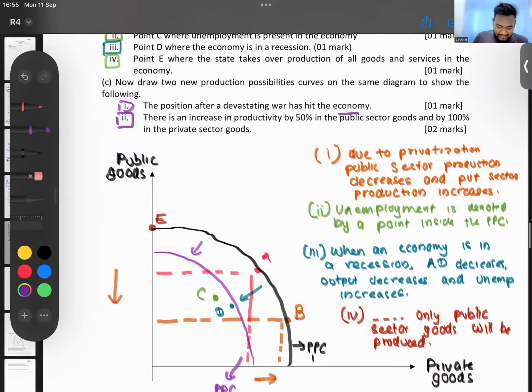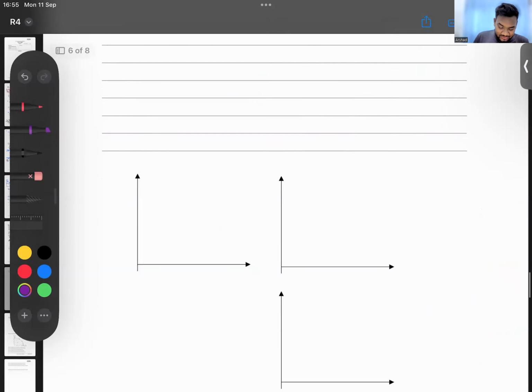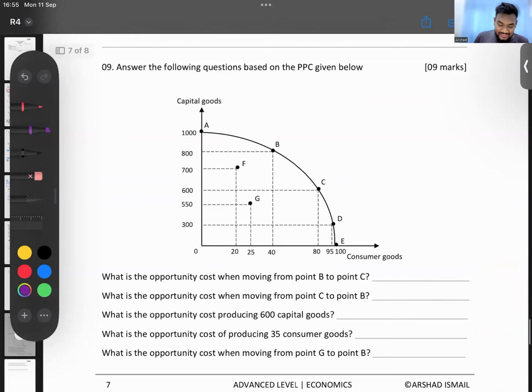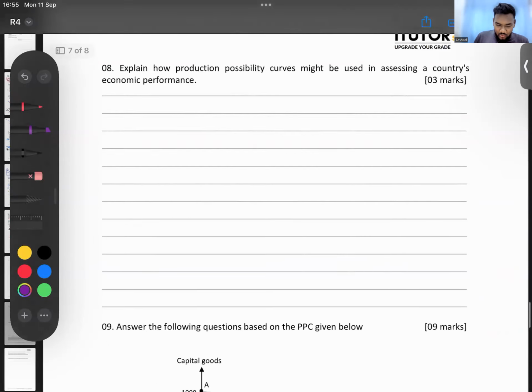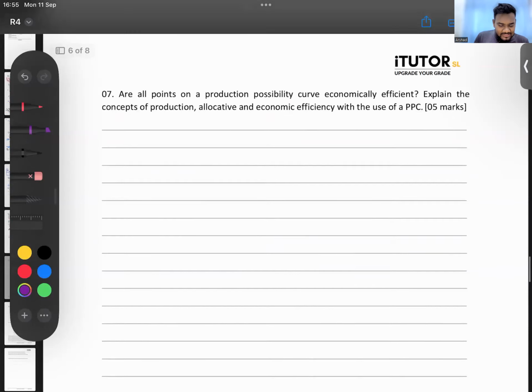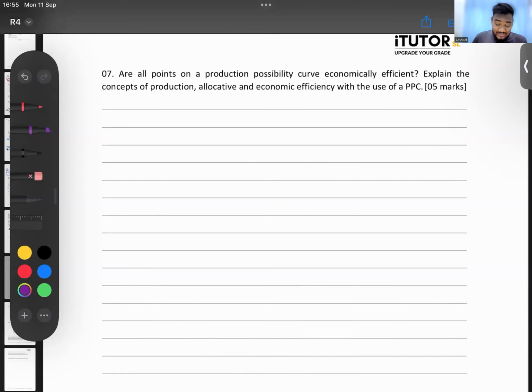Good. We'll go into question 7. So we have question 7, question 8 and 9. Now, question 7 is a little bit of homework that you were supposed to do. Okay, so can you tell me,